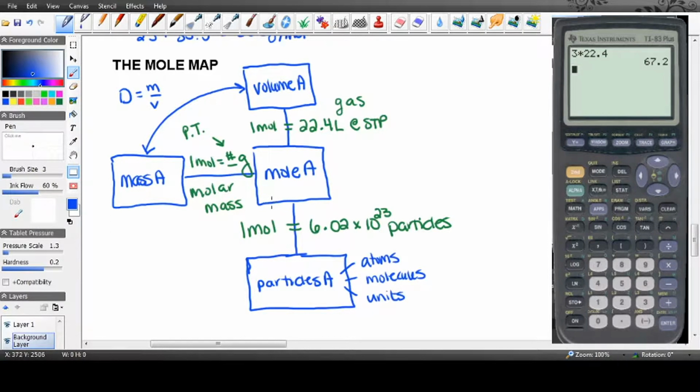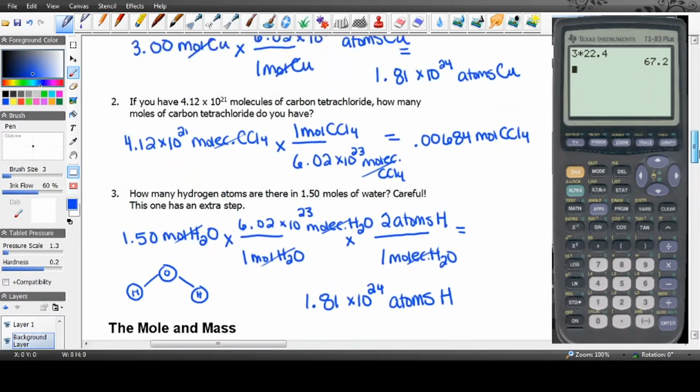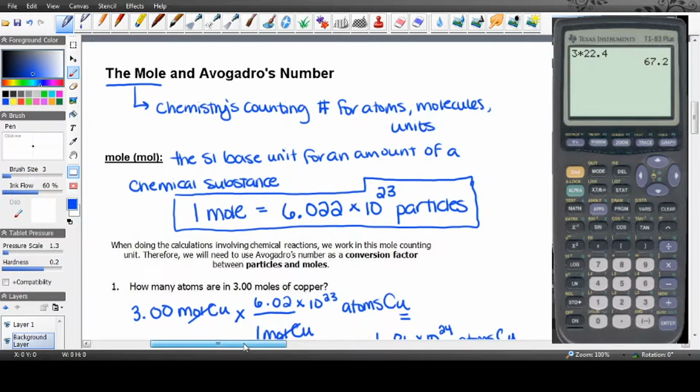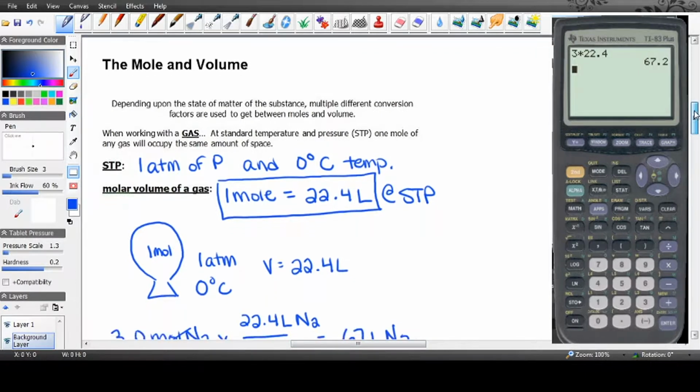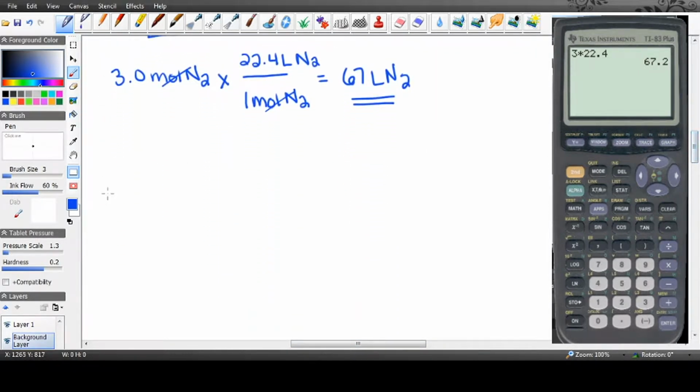Let's do a problem like that. There is a practice problem on the bottom of page 5 below that gas conversion that we did. So I'll go back up to my gas portion. And again, I just totally didn't copy and paste these last two problems in here. My apologies. This problem says, how many moles of mercury are in